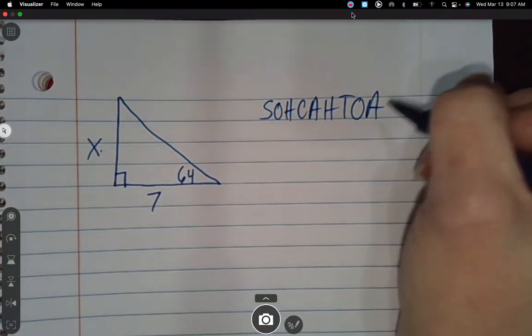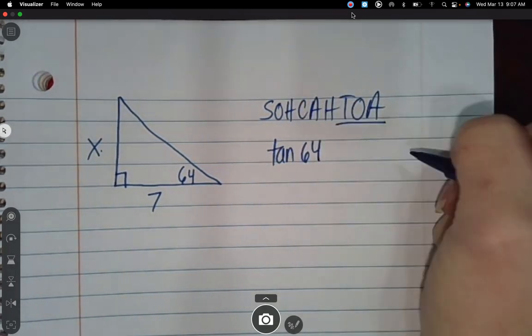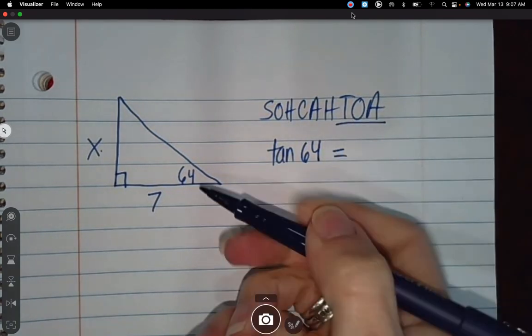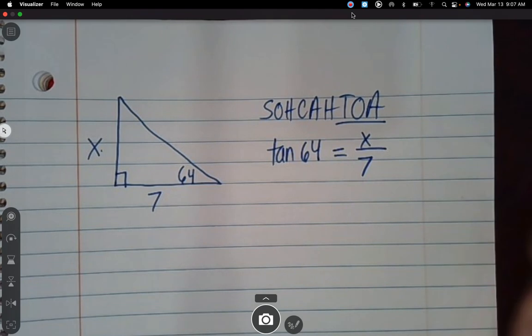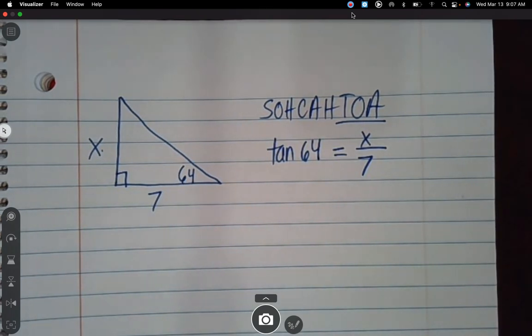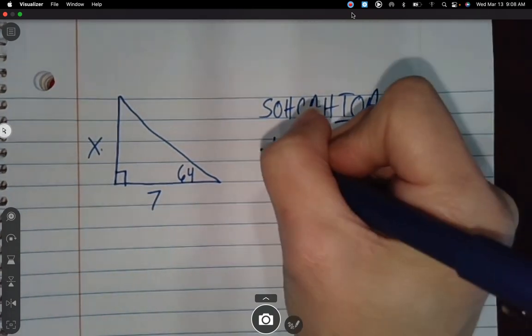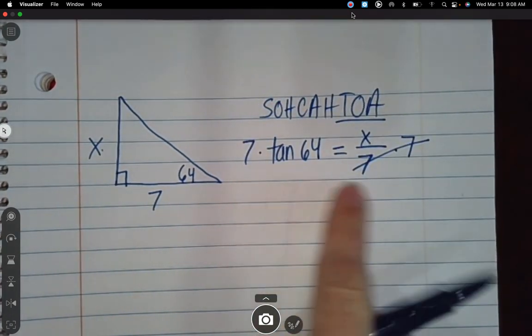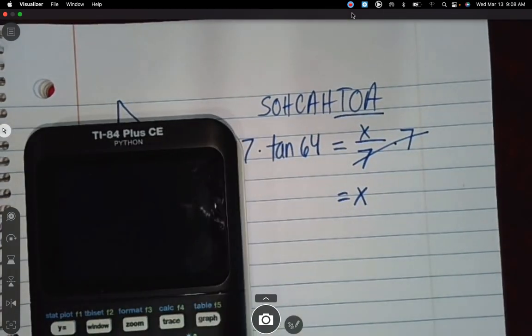So it's tangent. So the tangent of 64, that's where your degree goes, equals opposite over adjacent. And remember, we either multiply to solve it or we switch and divide. Okay, in this case, what do I do to solve for X? Multiply by 7. Multiply by 7. And then that's all in my calculator. So I would type in 7